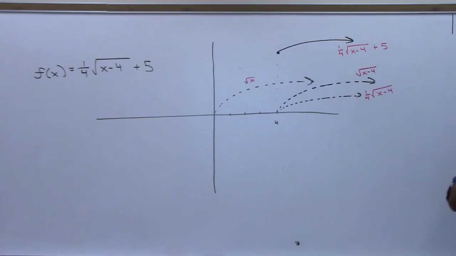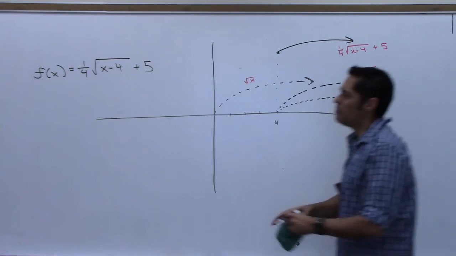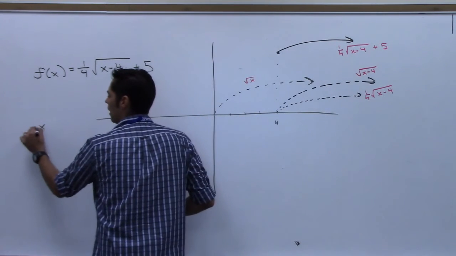Can anyone give me a definitive answer, yes or no, and explain why? No, because it's not in the domain. It's not 4 to infinity, right? Close, but I'm saying, is there an x I can plug in